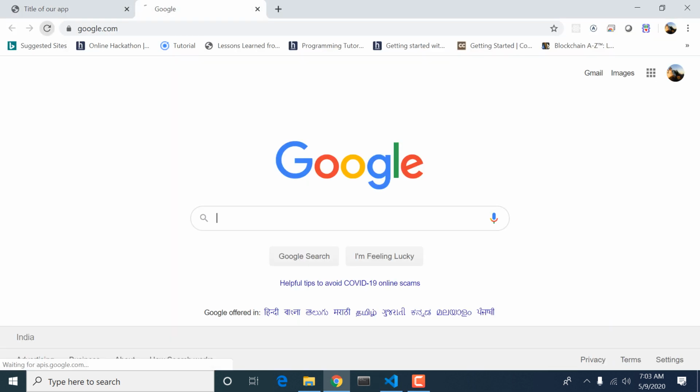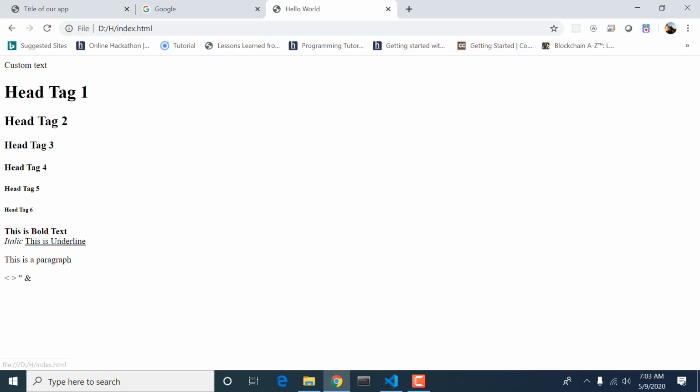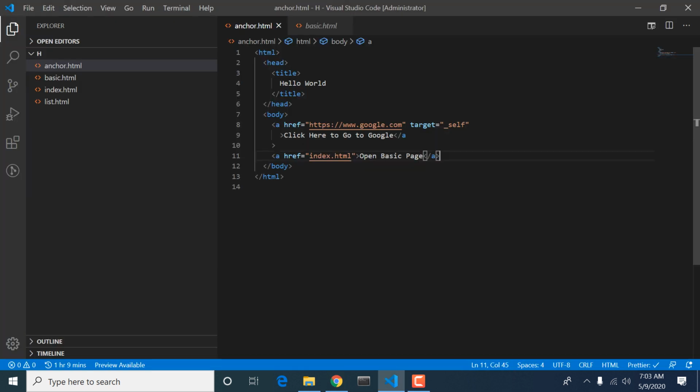Okay, so what is going to happen when we click this, it will open our HTML page which we have written so far. So when we refer to our index.html, it will open our page named index.html, which is our page. Okay, so this is an anchor tag.